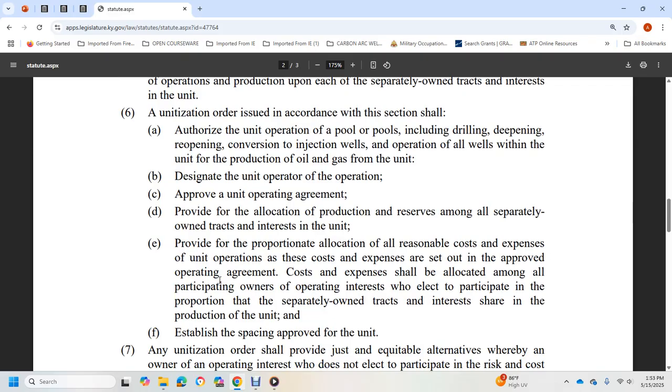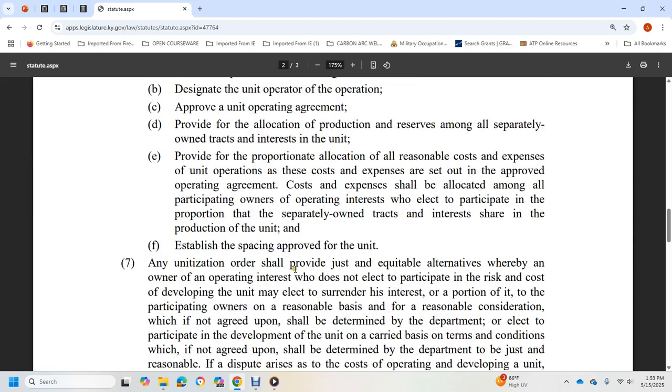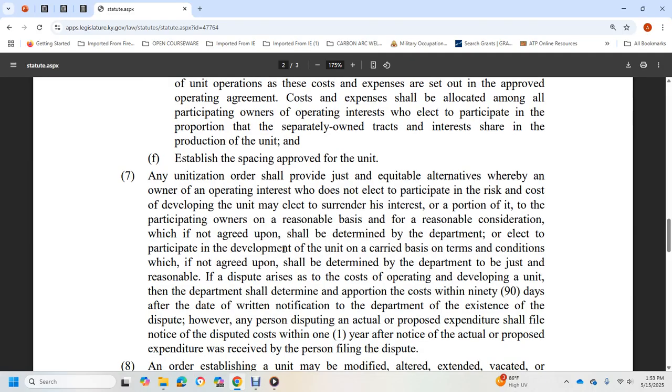separately owned tracts and interests of the unit, and provide proportionate allocation of all of the reasonable costs and expenses of the unit operation, with the costs and expenses set out and approved. The operating costs and expenses shall be allocated among participating owners of operating interests who elected to participate, with the production from separately owned tracts and interests sharing the production of the unit. Five: establish spacing approved for the unit. And seven: any unitization order shall provide justified and equitable alternatives where the owner of an operating interest does not elect to